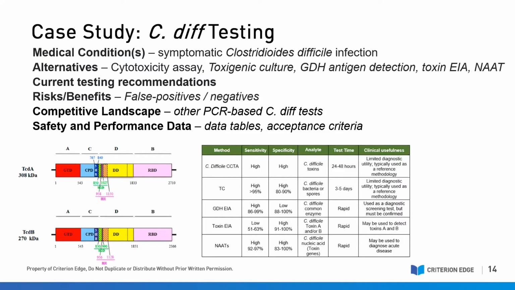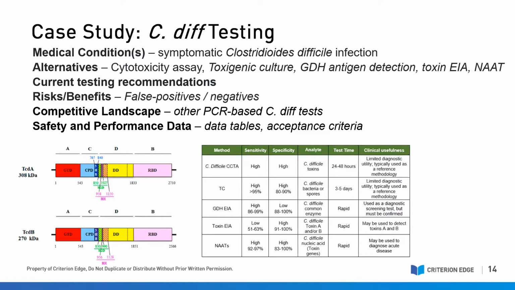If there is a specific diagnostic algorithm that's been recommended as part of routine C. diff diagnosis, you should discuss that in detail to establish where a nucleic acid test compares to alternative testing modalities. Are these tests used in combination or in a particular sequence? The risks and benefits should also be presented in terms of the technology, not the patient. So the clinical risks and benefits will be discussed in that CPR. So you're going to focus on the ability of the test to provide an accurate, sensitive, and a timely result. And that's going to help you with designing the overall approach in terms of your risks and benefits for false